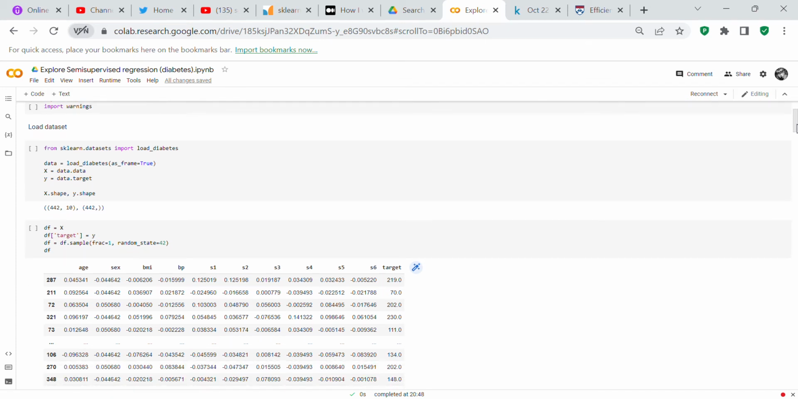So we're going to load the dataset from sklearn.datasets, and we're going to get the diabetes dataset. data equals load_diabetes as frame. What that does is give you the dataset in frame format. X is going to be data.data, Y is going to be data.target, and then you get your X shape and your Y shape. Your X shape is 442 rows by 10 columns, and your Y shape is just 442 rows